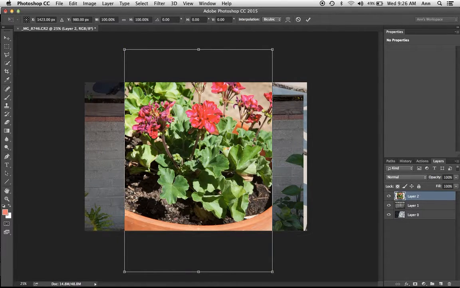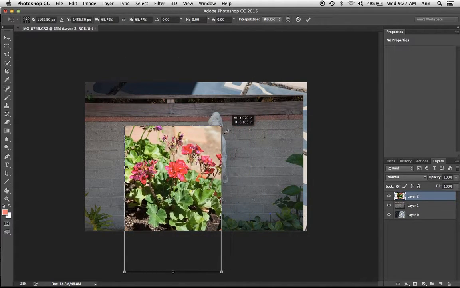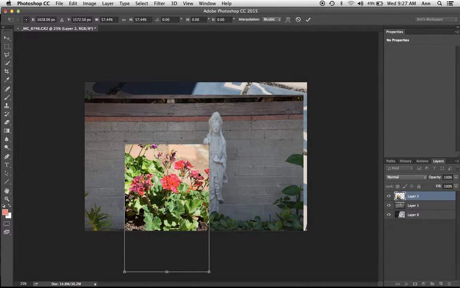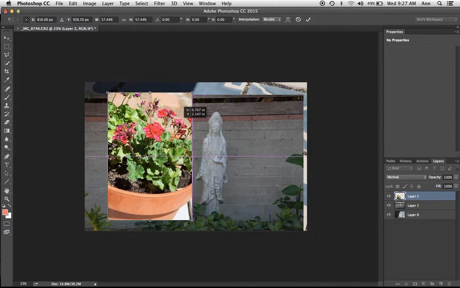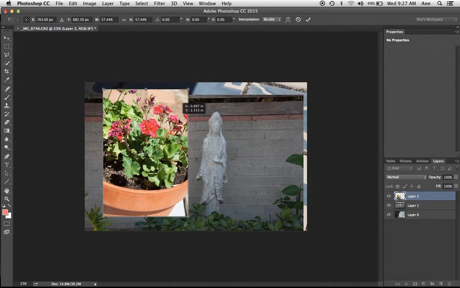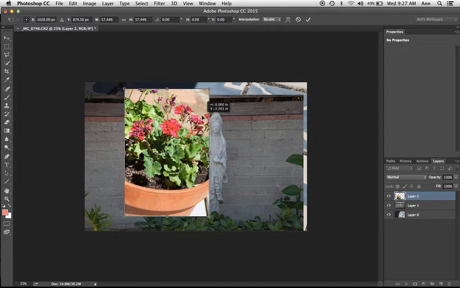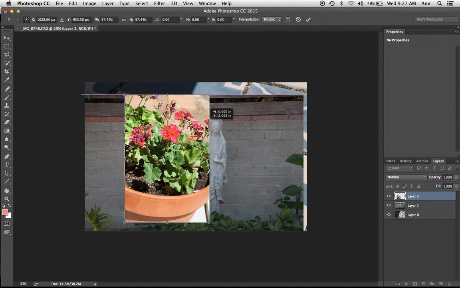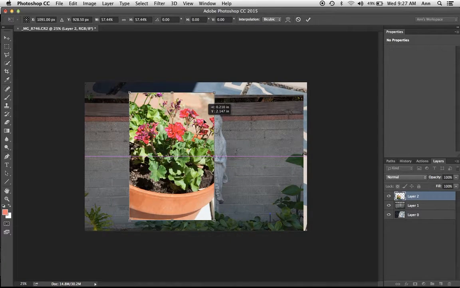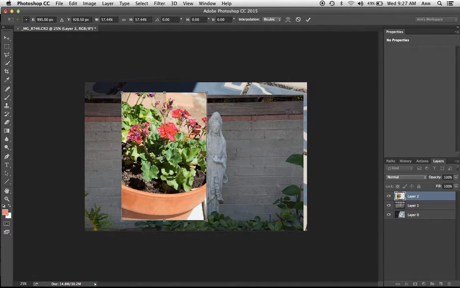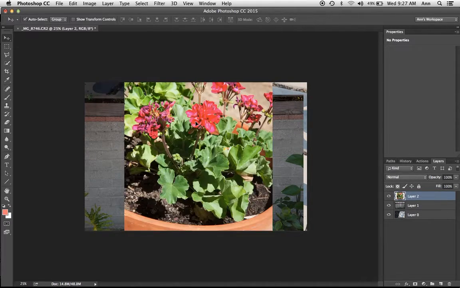At this point, you can do any kind of transformation. I'm going to hold down the Shift key and from the corner press and drag. This is very important because, and I let go of the Shift key when I'm just moving it around. Otherwise, you're kind of restricted in where you can move it. Here's what happens. Let me hit the Escape key and Command T.